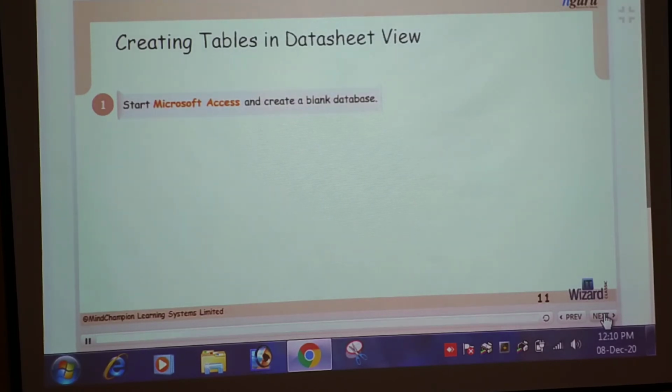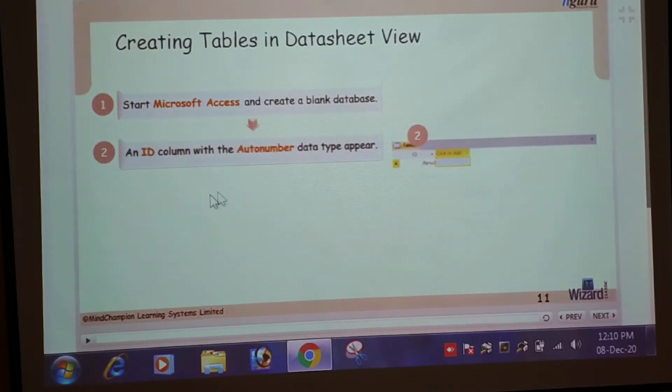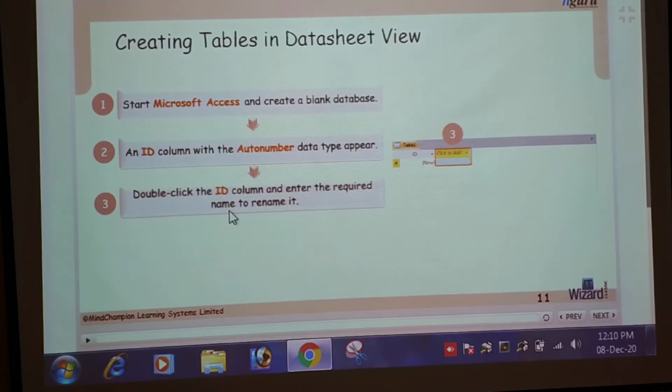After that, an ID column with the AutoNumber data type appears on the screen. Then double-click the ID column, enter the required name to rename it, and press the Enter key.